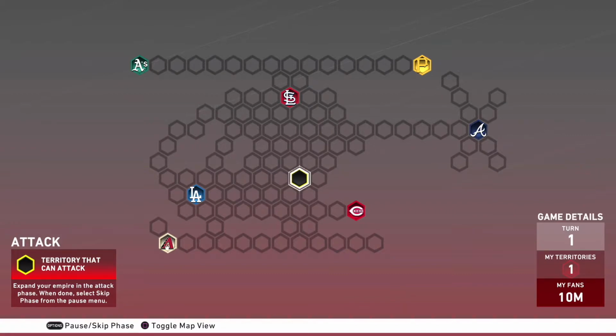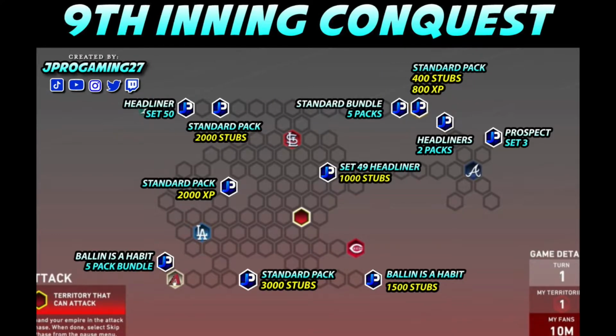Now, the Conquest board wasn't really bad. I didn't take any notes when I did this Conquest board, but I will put an image of one that has all the placements and stuff. So make sure to follow JPro Gaming. He's the one that always does these whenever the Conquest board comes out, and his looks way cleaner than when I do it, to be honest. But there are some good rewards here. Some Ballin' Is a Habit, and a lot of standard packs, which standard packs are whatever,